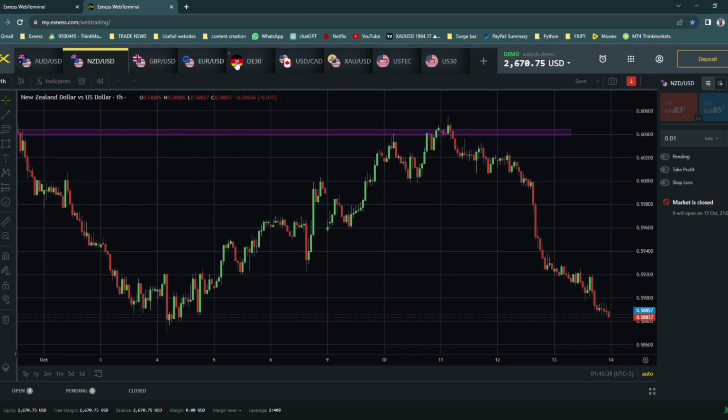And we have this index fund, which is German 30, which normally moves a lot in the London session. The opening hours of the London session is where you find the volatility of German 30. It is not only one, there are other index funds that really move in this timing, like France 40 and the others. Now you have to do your research and look at the index funds that always move within the London session, but this is one of them.